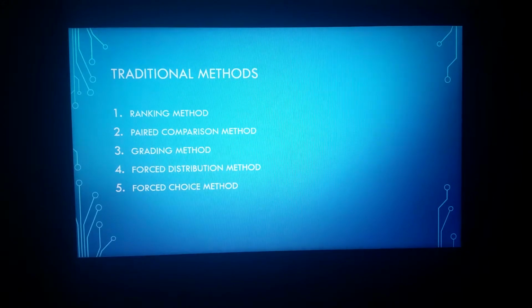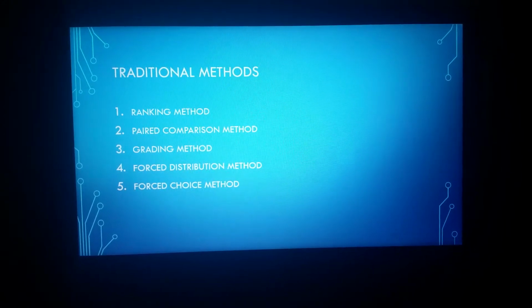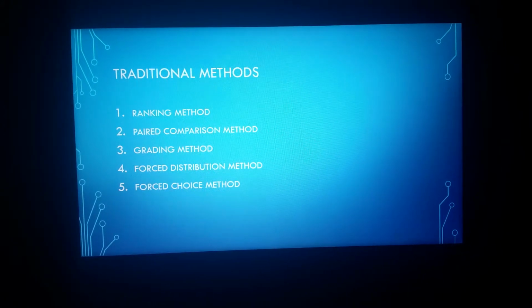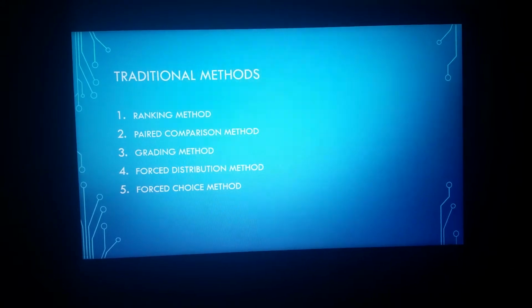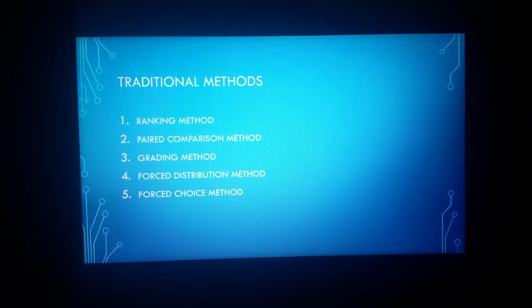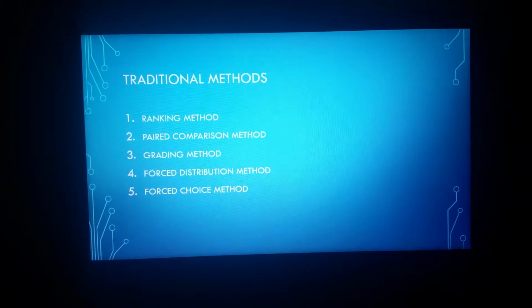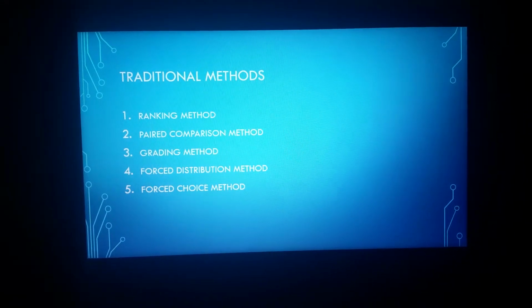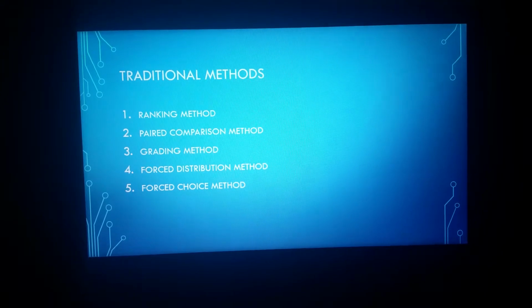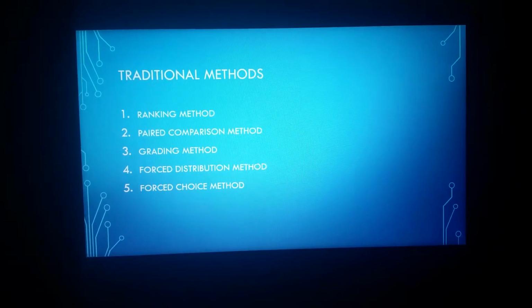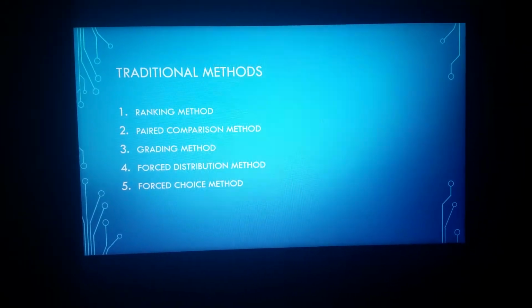So when good ratings are given to all the employees, the basic purpose of assessing the performance of the employee is not achieved, because the rater is being biased and is not doing the ratings in a just manner. So basically, in the case of the forced distribution method, the employees are distributed throughout the scale.